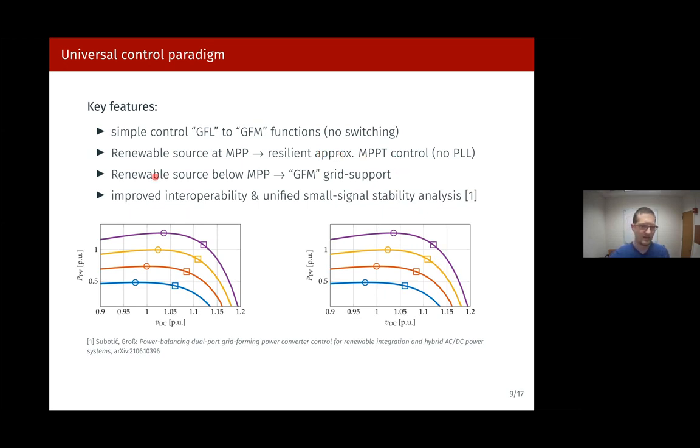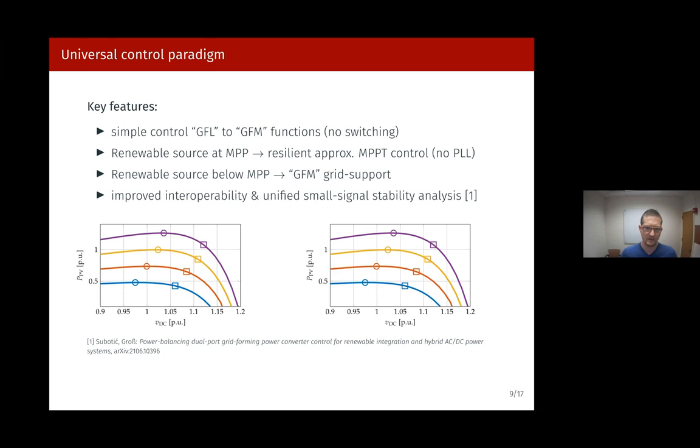On the other hand, if you have a renewable source that's below the maximum power point, something you can see here, you would do this in a PV system by operating at a higher voltage, then immediately a drop in DC voltage results in an increase in the power injection into the DC side of the converter. And then, as we've seen before, DC voltage and frequency are now tied together, so that directly gives you